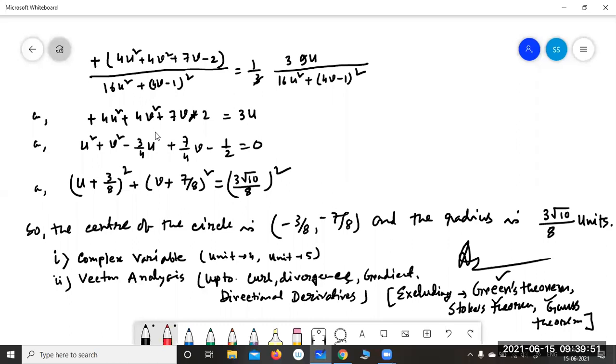Yes, sir. Okay. If any doubt, you can WhatsApp me, otherwise call me if any part is required. From today onwards, I'll post all the notes for your syllabus, that is complex variable and vector analysis, into your LMS portal. It will be given to you. If it is not given to the LMS,